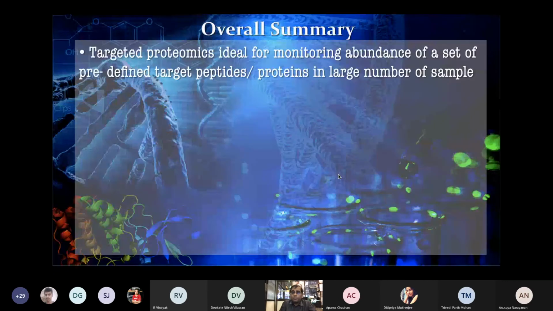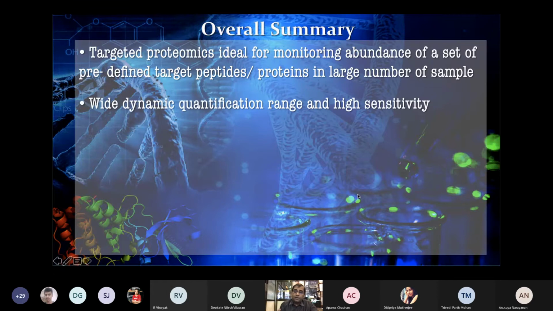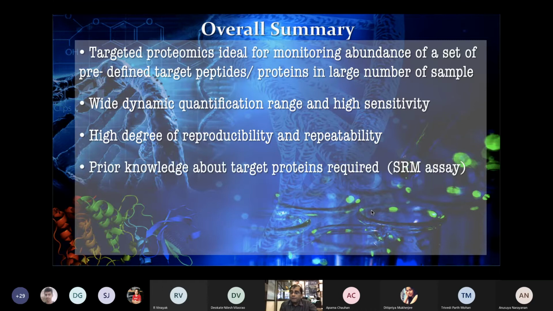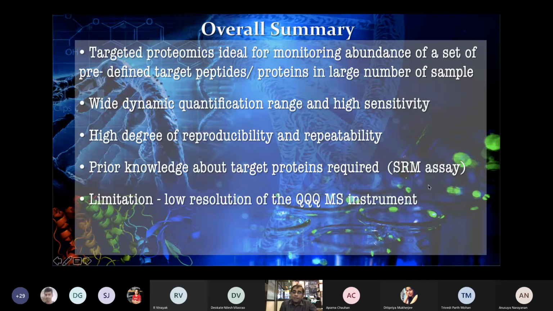So just to summarize, what we spoke about today was moving beyond the discovery work. We thought about taking targeted approaches to validate our peptides and proteins of interest. Given the wide dynamic range of the proteins, it is very difficult to develop this type of test, but if you can develop them with these kinds of specific parameters, they can be very reproducible and repeatable. A lot of knowledge and method refinement is required to develop these selected reaction monitoring assays.